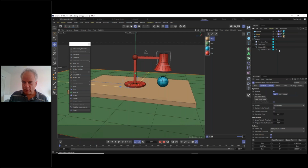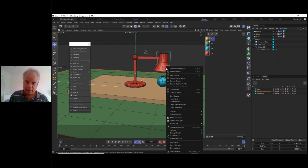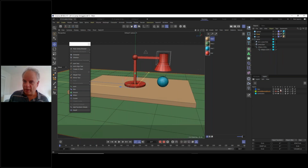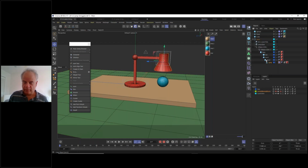Okay, but the thing is that it's all hidden right now, so I have to go back to the layers thing. I have to unhide the geo and unlock the geo. Actually, I don't have to unhide it, because I could just, no, actually I do. So I will go ahead and click on the lamp and give this a collider body, okay? And now what we can do is, for example,